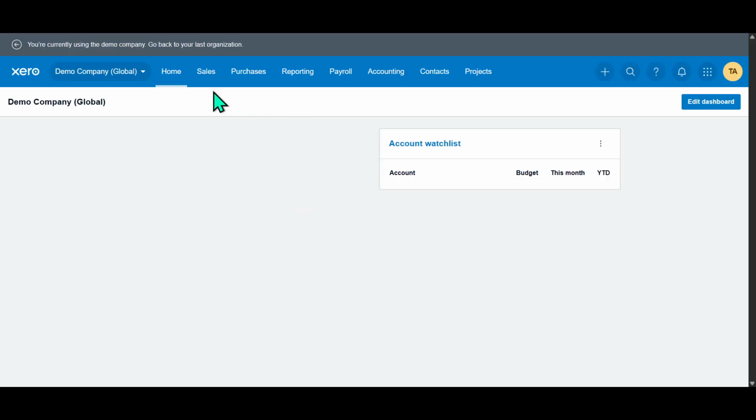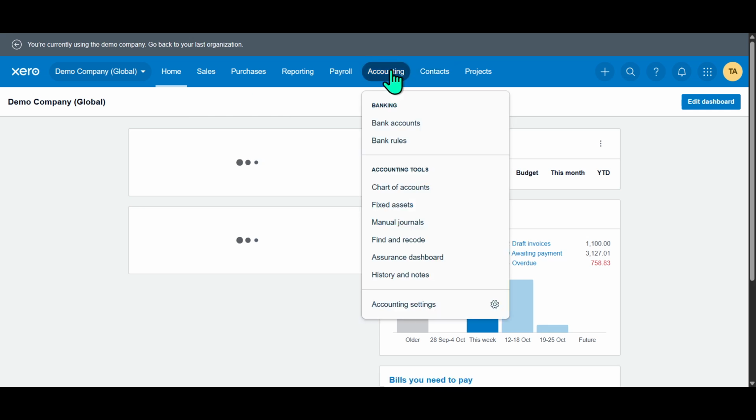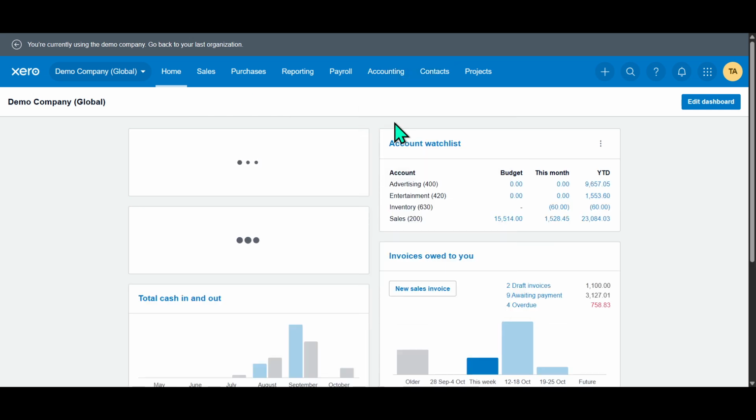First and foremost, let's dive into the Xero platform. You'll want to navigate to the top bar of your Xero dashboard where you will see the option labeled Accounting. Go ahead and click on that to reveal additional options. From the drop-down menu, you'll want to select Bank Accounts. This will take you to a page where you can view all the bank accounts that are currently connected to